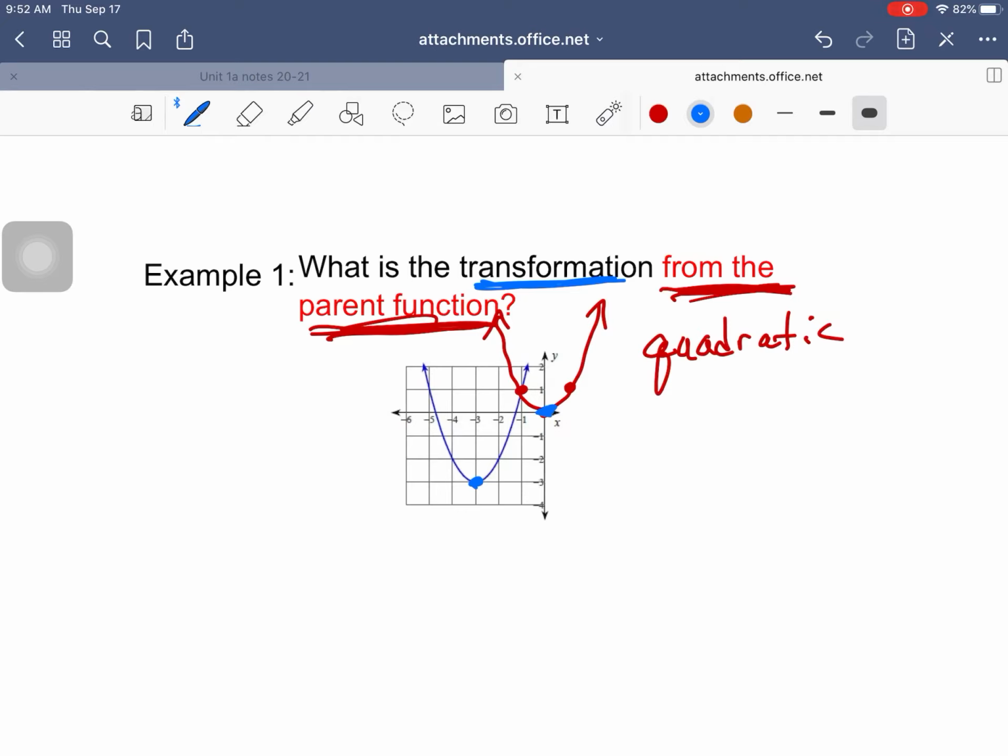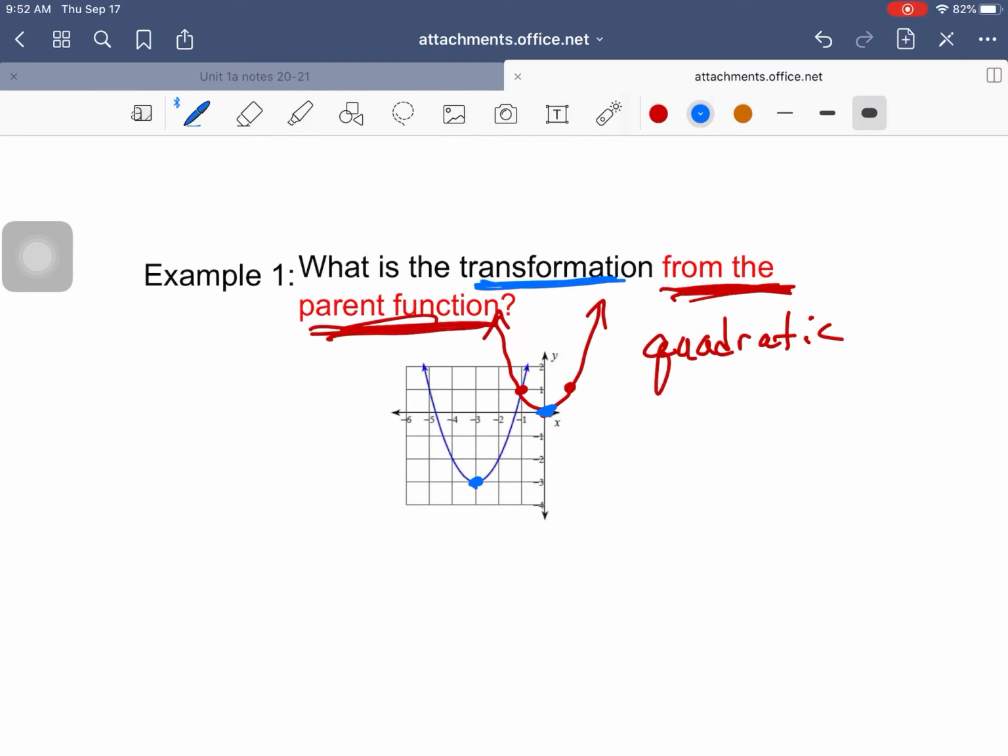Does the quadratic go upside down? Is it reflected across the x-axis? And it does not. Otherwise, it would be an upside down U. So the orientation, they're both U's. They would slide right over the top of each other. So then we have to talk about how far left, how far right, how far up or down it goes